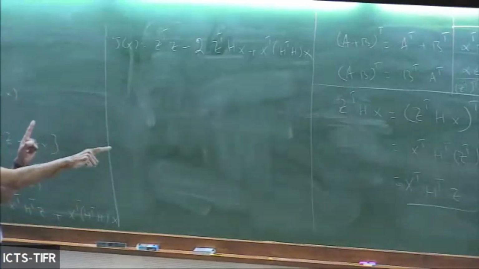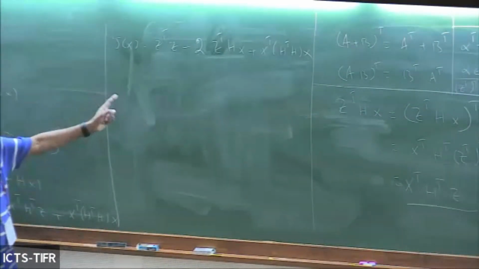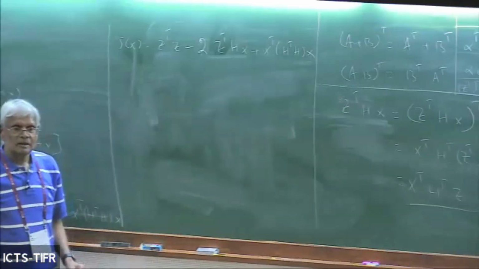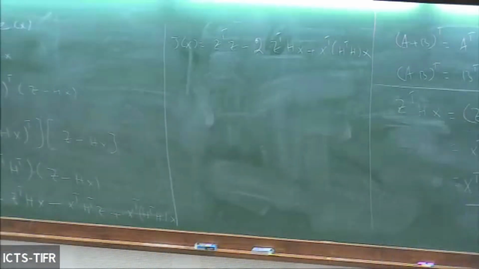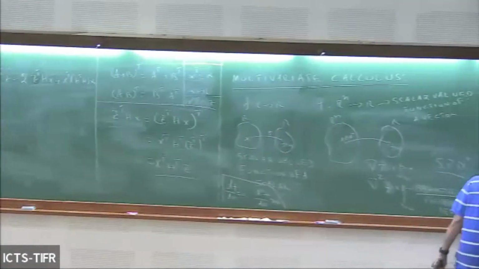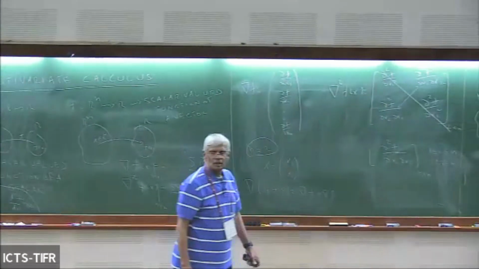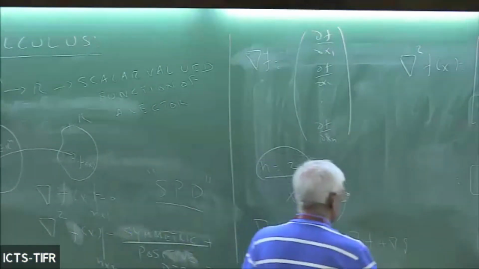Now, do you see the relation between that piece? This is essentially F, but it's made up of 3 components. So what are the other rules you have? The other rules of multivariate calculus are as follows. The gradient of F plus G is equal to the gradient of F plus gradient of G. The Hessian of F plus G